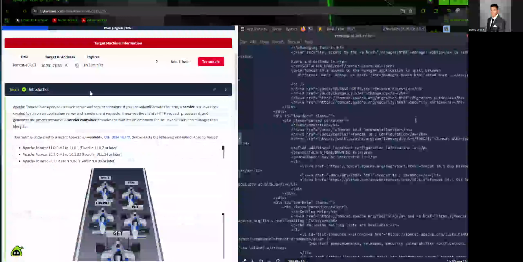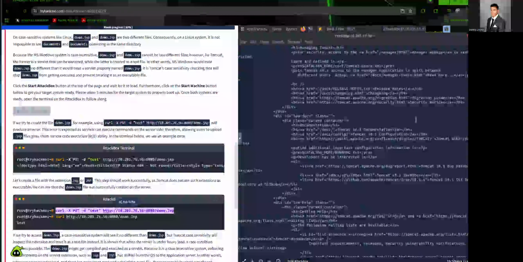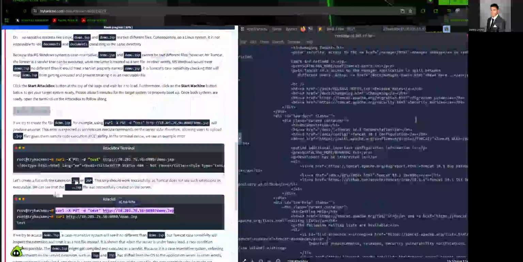So if I had to look at the version of what's vulnerable, we got 10.1.0. So it's probably this one right here, if that's correct. Too short, huh?